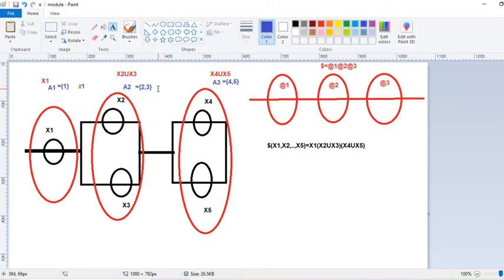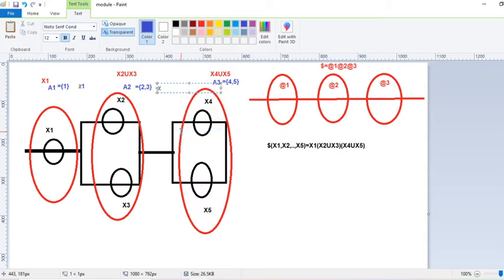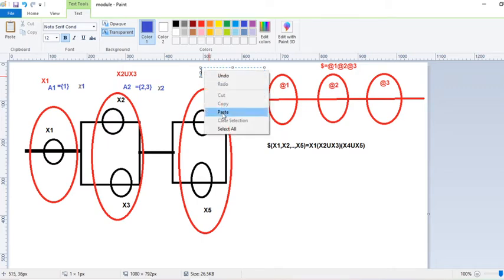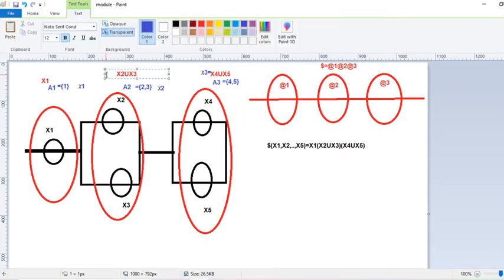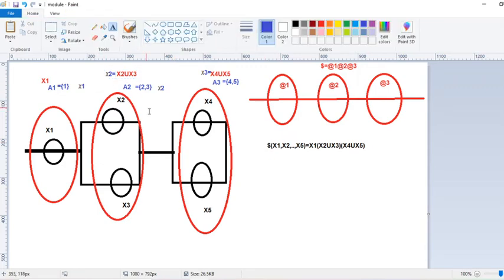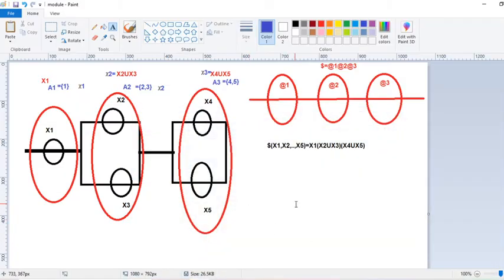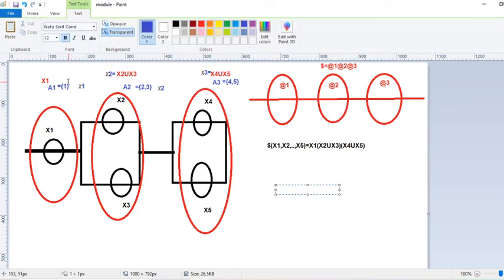The structure of this is chi1. The structure of this is chi2. Chi3 equals x4 union x5, and chi2 equals x2 union x3. So that is the situation. Moreover, we can say A1 is a module. If we can represent this structure function chi1,